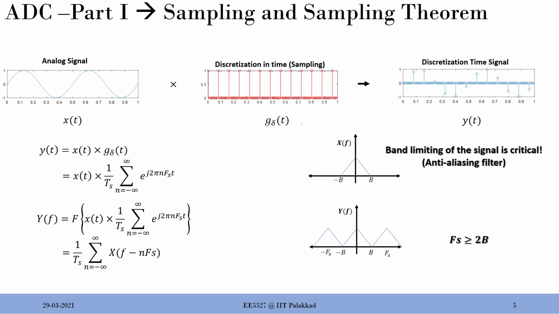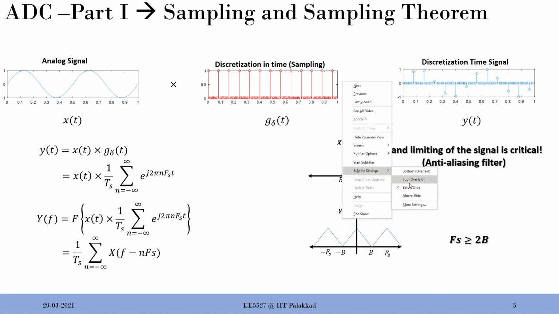Suppose I put a band limited signal, and the bandwidth is given by this particular expression. One side it is b, another side it is minus b, so total bandwidth is 2 times b. It's pretty clear that the sampling process is going to introduce the images or the replicas of the spectrum at multiples of fs. So the ideal scenario is that you put a low pass filter such that it is between minus b and then of course this fs.